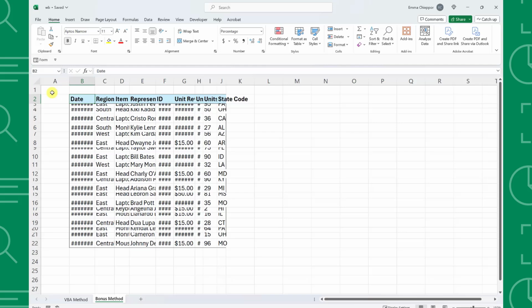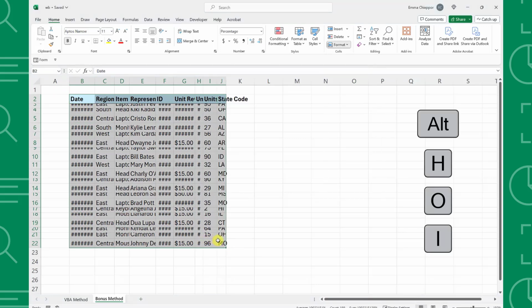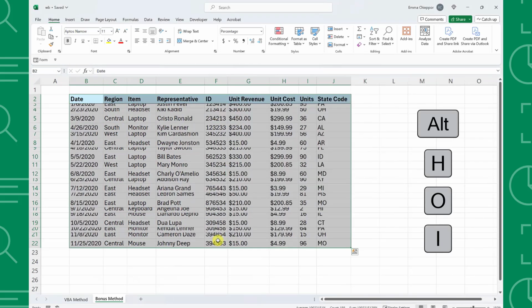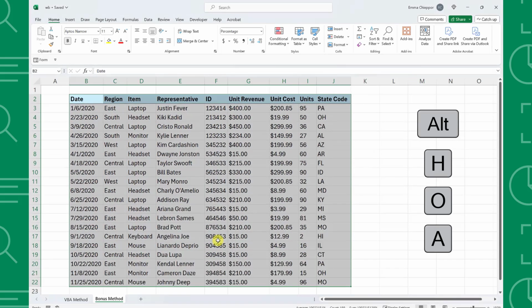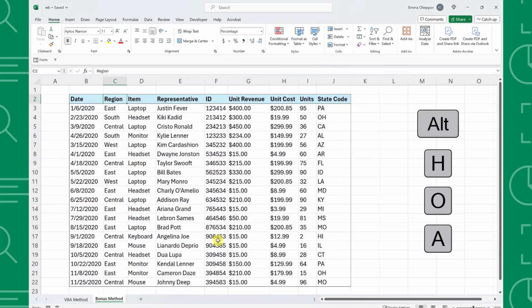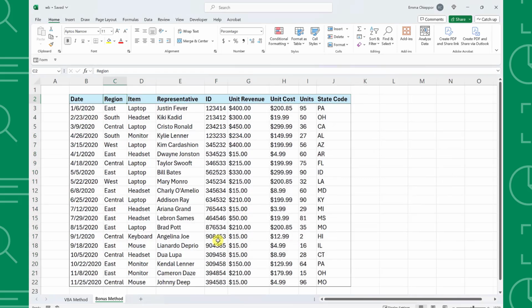As promised, before we wrap up, I want to show you one more trick you can use to quickly autofit your data. If you don't want to use VBA to automatically set rows and columns to the size of data as you enter it, you can use the AutoFit keyboard shortcuts instead. To use the shortcuts, select the data table and press Alt-H-O-I to autofit the selected columns. Then press Alt-H-O-A to autofit the selected rows. This method is another great way to quickly autofit data, but requires you to re-autofit when any new data is